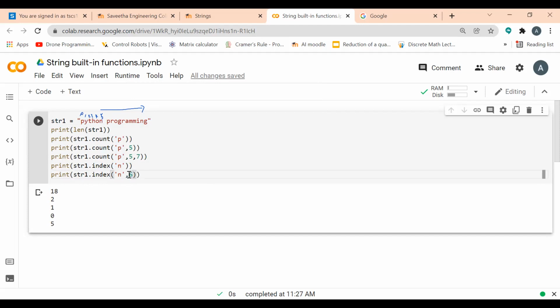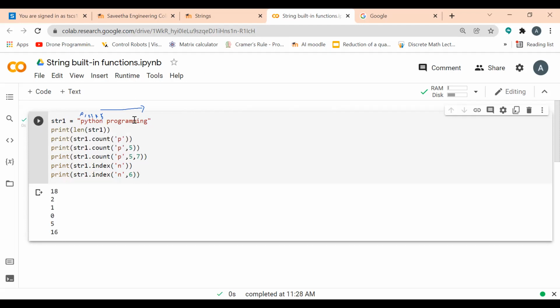So now from the sixth index, it will return the index of the first n it finds. In the 16th index, I have the n character. So in the 16th position, I have the n.